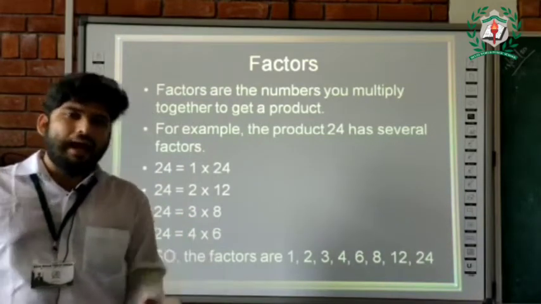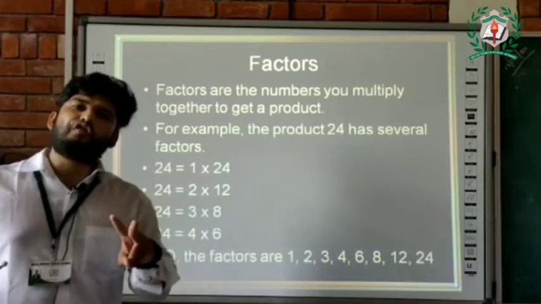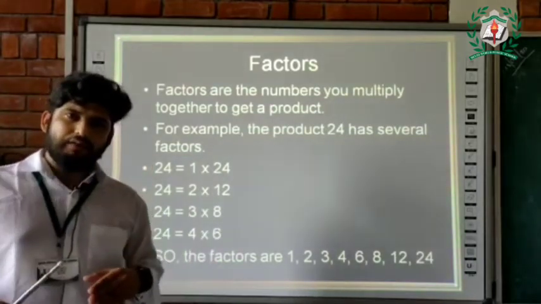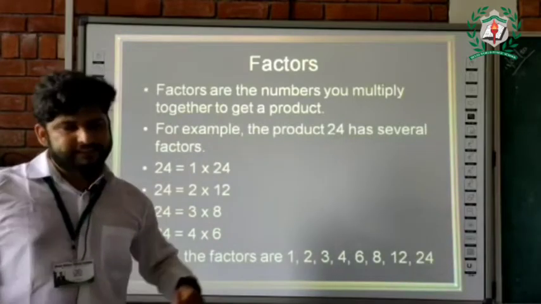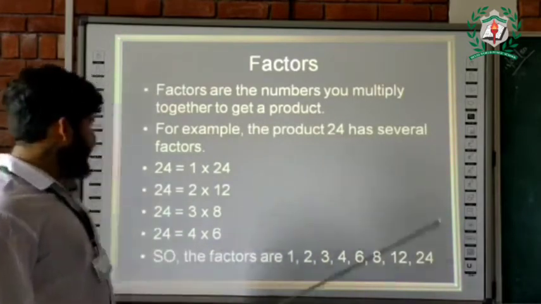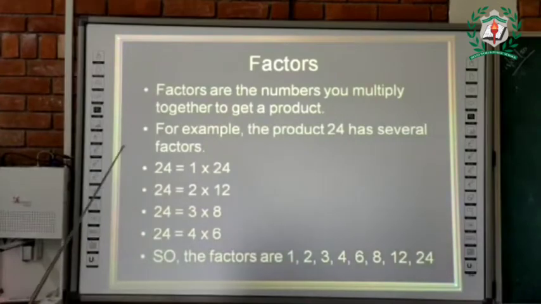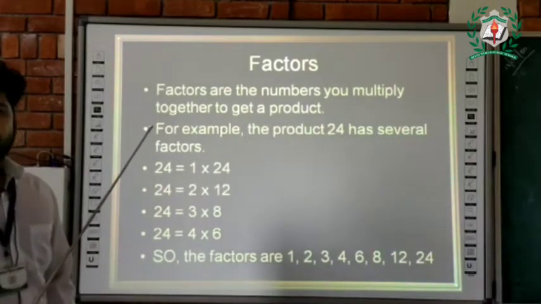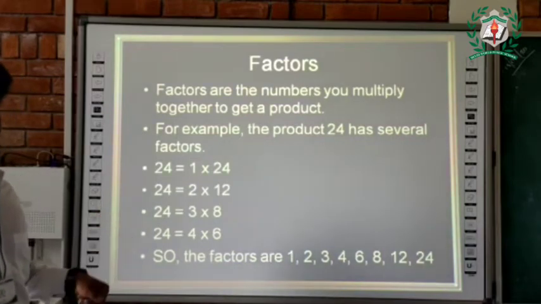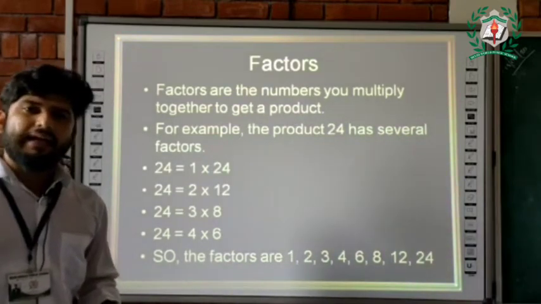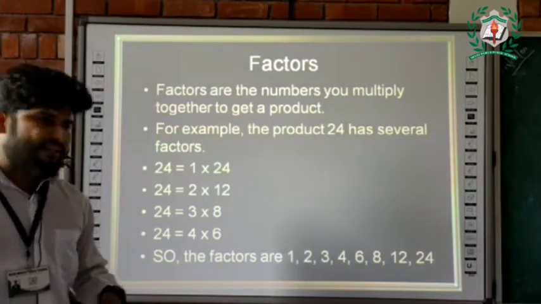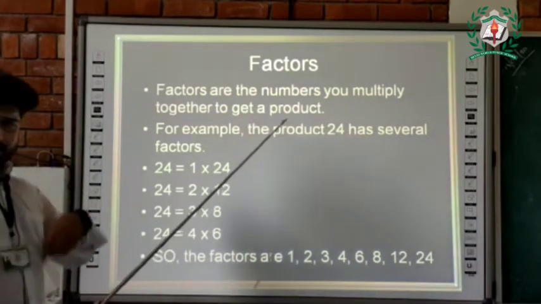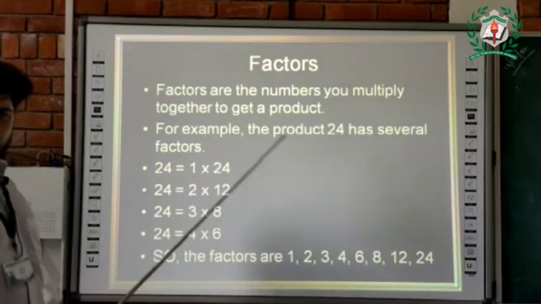1 and itself. These two factors are common. 1 and itself. These two factors are common. Let's see the example, then you will understand more. 24. We have to find the factors of 24. Find the product of two numbers in which we can get 24 as the answer. See, 1 into 24; as I said, 1 and itself means 1 and 24.